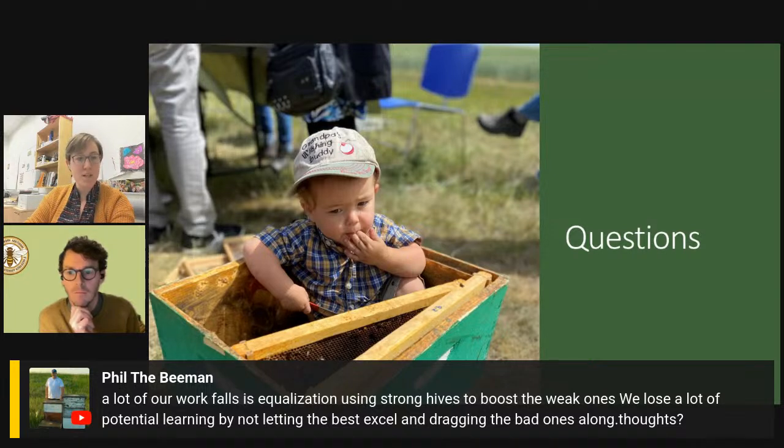I really liked what Ian said about the speedy sticky boards. I have to give 100% credit: those are three Alberta beekeepers who came up with that. It's not me. I just love talking to beekeepers and finding out what they're doing. A lot of times we just need more information to get out there. Every time I have a question, there's a beekeeper who knows the answer to it. I just need to find the right beekeeper.